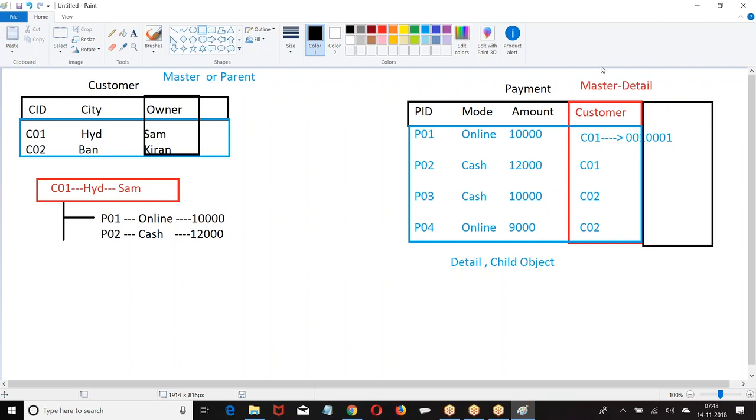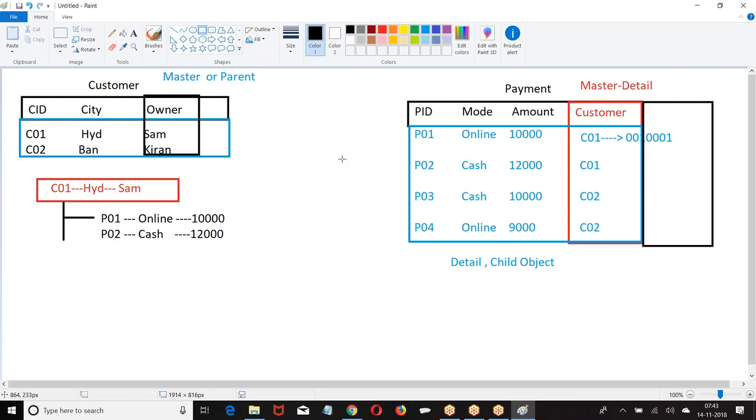So who is the owner for P01 and P02? Sam is the owner. Who is the owner for P03, P04? Kiran is the owner. I hope you are good. Am I clear with this? So, if two objects are connected by a master detail relation, the object on which we have created the master detail field will not have any owner.